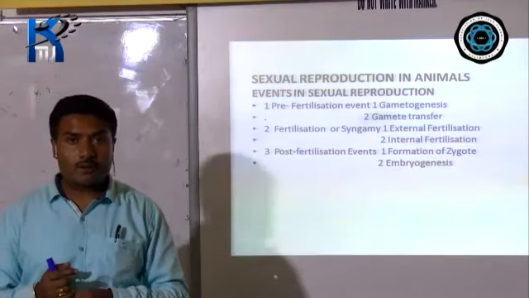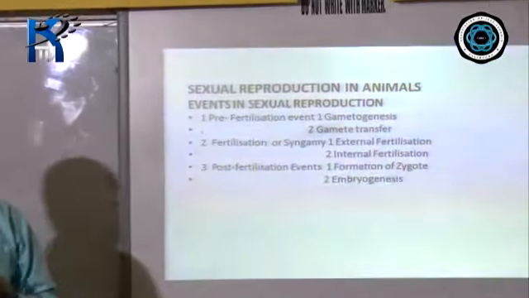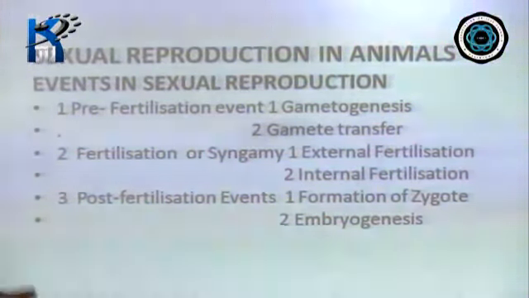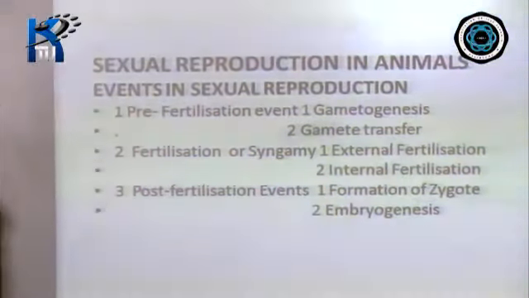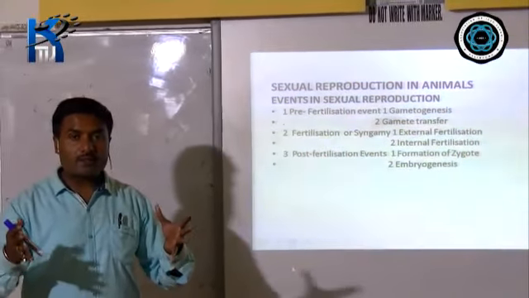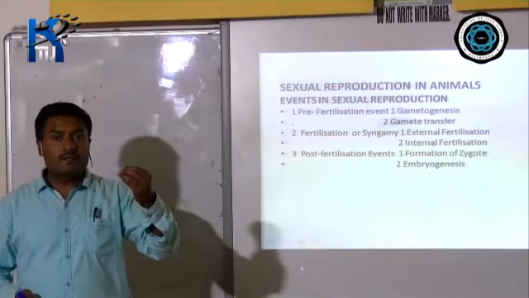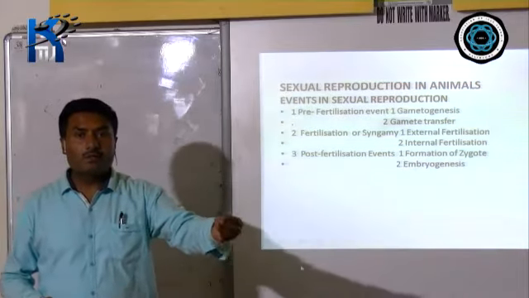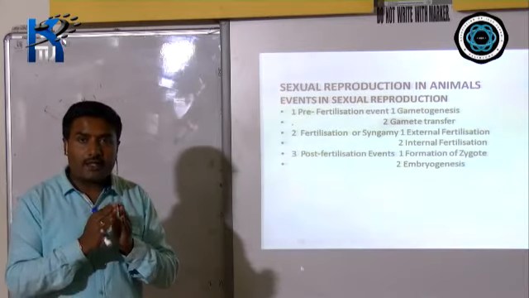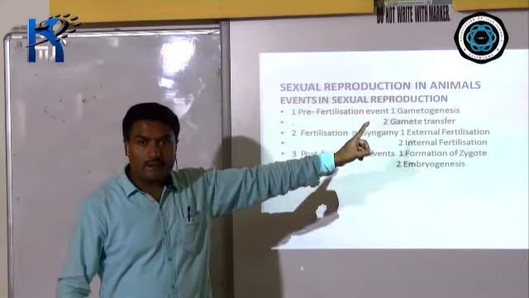What do you mean by external fertilization? It is when the fertilization takes place externally, outside the body. The male and the female produce their reproductive cells outside, in a medium. For example, in fish and toads, the medium is water. They release their reproductive cells into the water at the same time. After that, these reproductive cells fuse together and form a zygote. You call this type of fertilization external fertilization.